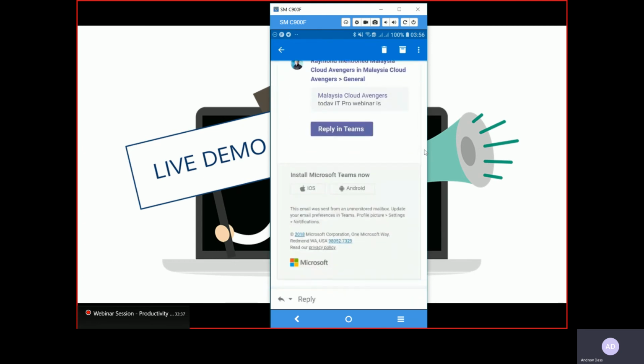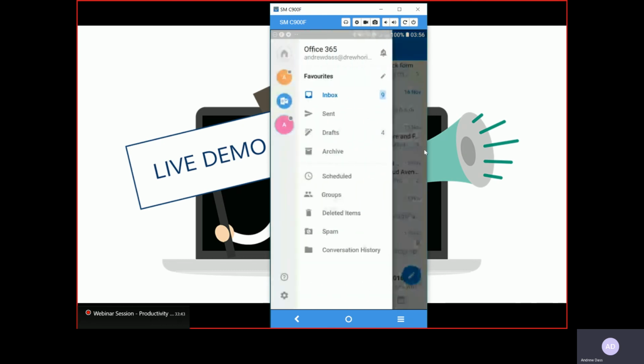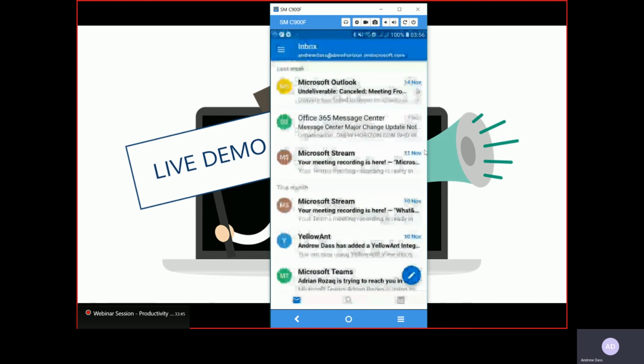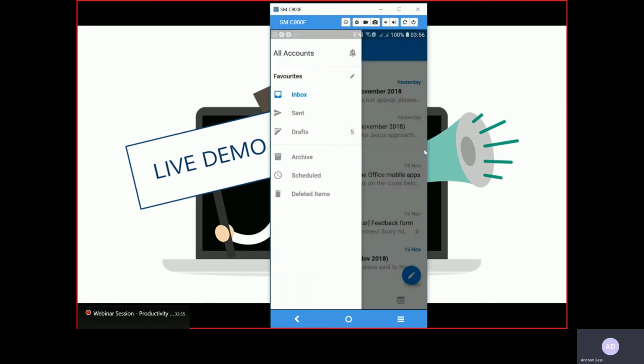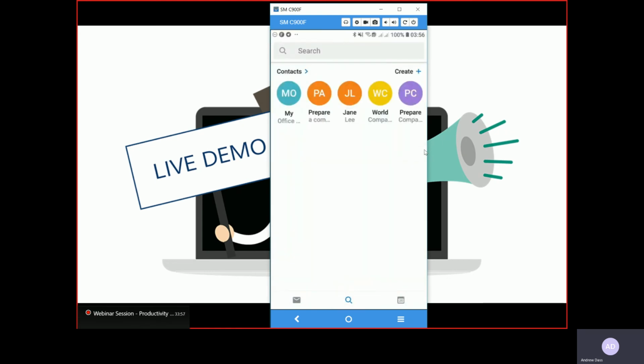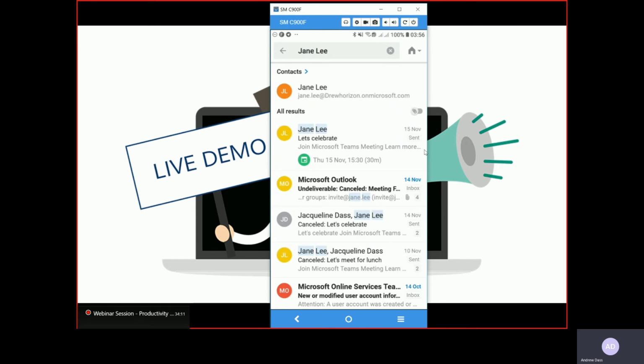So that's basically how you do a reply over your email, right? And let me just switch my email again. Okay, there you go. And you can also find everything that you need. For example, I can always click on here, search. You'll be able to see a couple of people in here, right? And you notice that the files have been shared across. You see this? So I'm going to choose, for example, Jane Lee. Okay. So from Jane Lee over here, I would like to